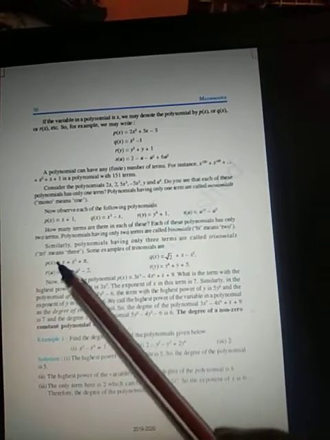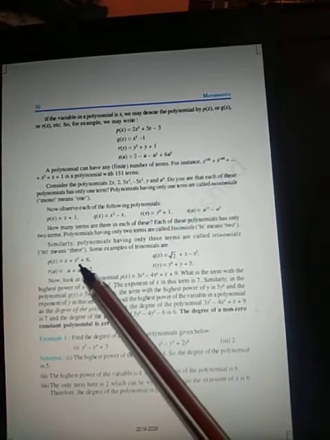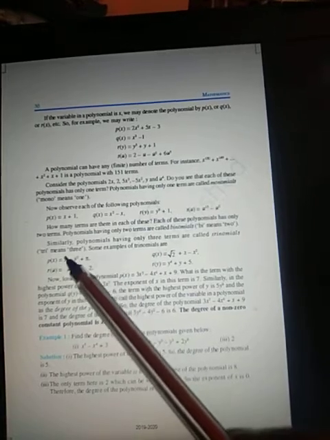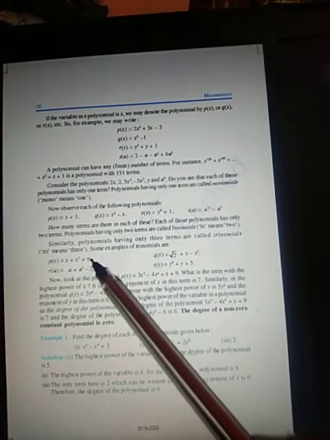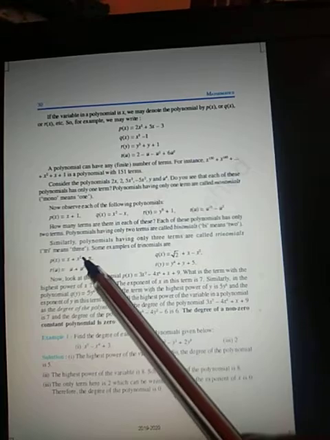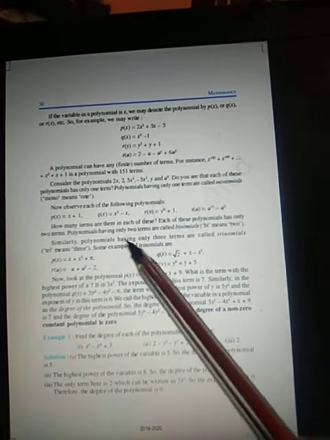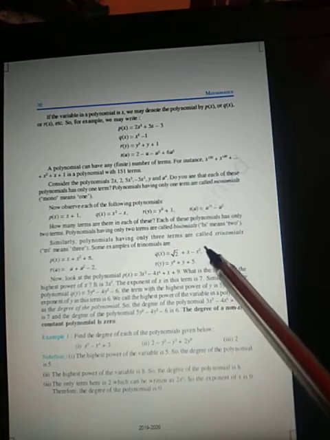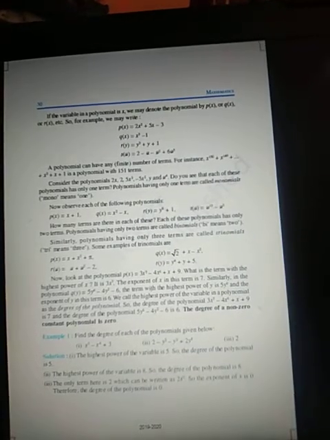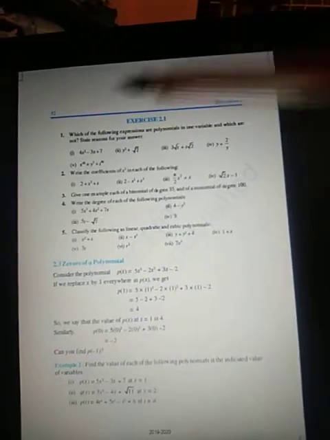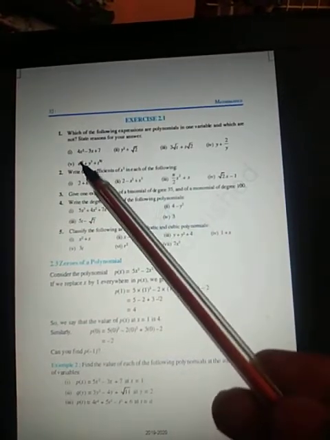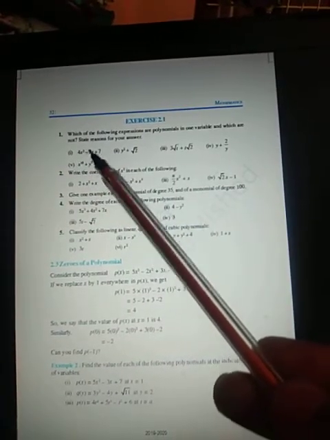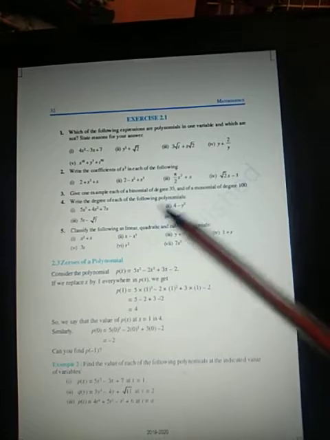You can see that p of x equals x plus x square plus 5. Here the power is 1, for this the power is 0, so the highest power is 2. Similarly, root 2, the power is 2. These are the highest powers. In this we want to find other powers, like x square. I will solve this separately.